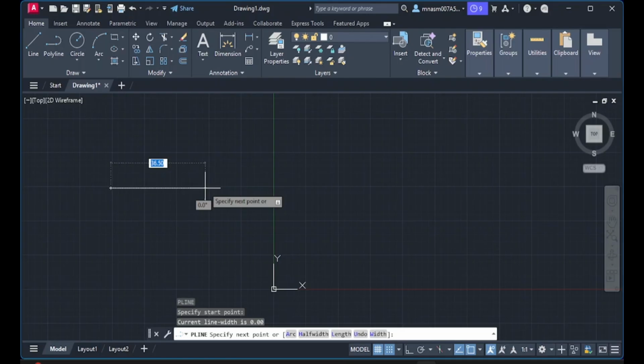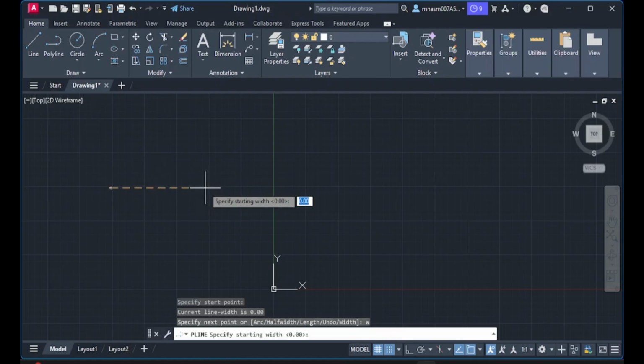For bigger drawings, big dimensional drawings like 10,000 mm or 20,000 mm, the width of the polyline must be around 100 or 200 mm, so that it can be visible clearly. But for a small drawing that is of limits 100 mm, 1 or 2 mm thickness is enough. So here I want to take the width by typing W, to modify the width of the line.